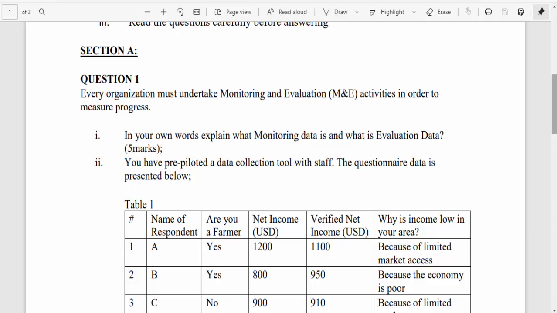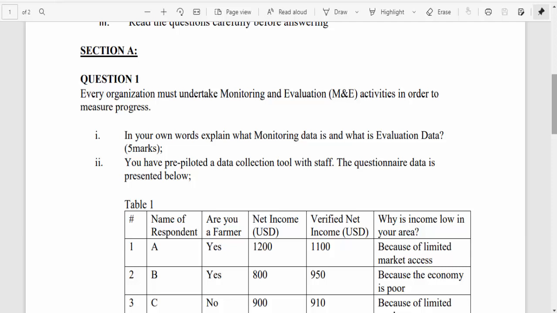So the first question is like this. Every organization must undertake monitoring and evaluation activities in order to measure progress. In your own words, explain what monitoring data is and what evaluation data is.